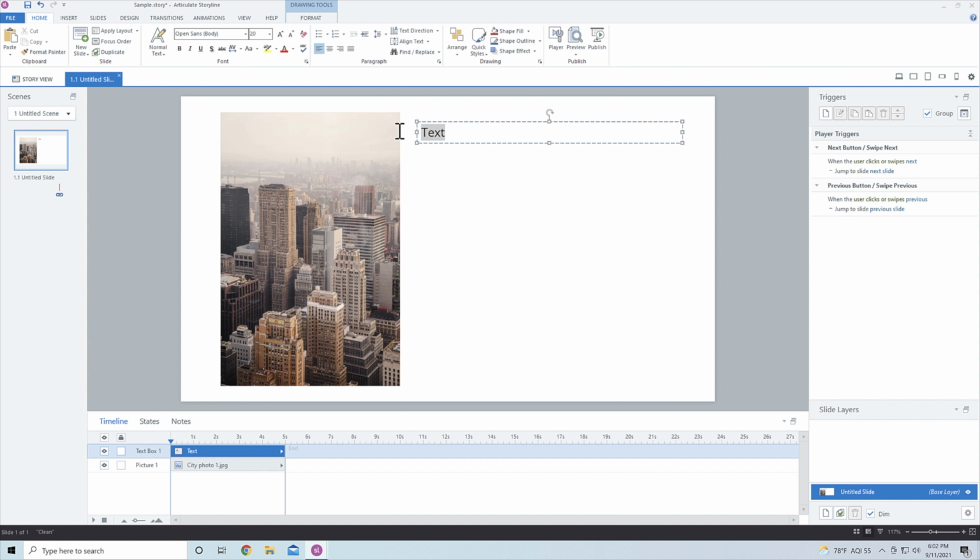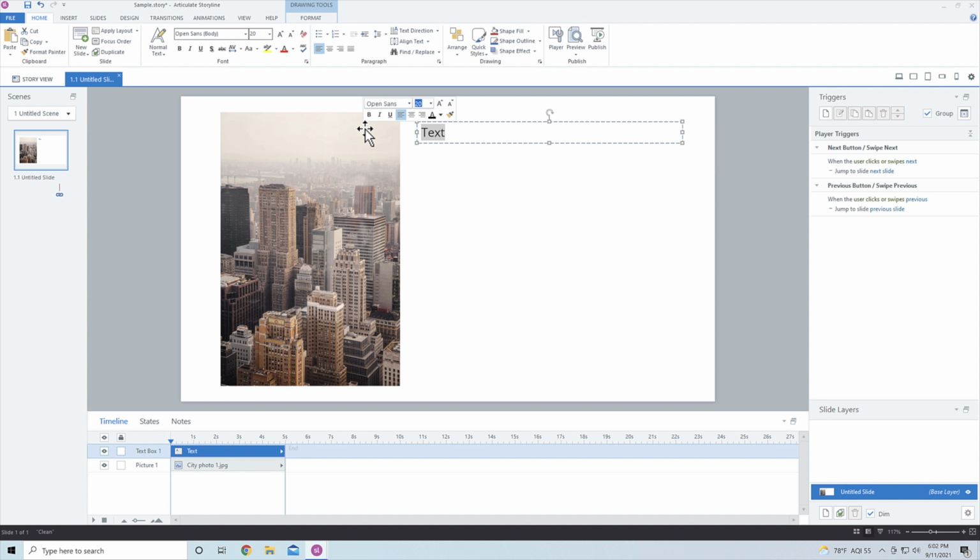I'm going to add some more text here. And if you don't know this already, this tip is going to save you a whole lot of time. If you don't know what text you're going to have inside of Storyline yet, and you just want to create some basic layouts, you can actually use lorem ipsum text. If you hit equals and then type in lorem, open close parentheses, and then hit enter, it's going to fill out a bunch of text for you. So that will just save you a whole lot of time.